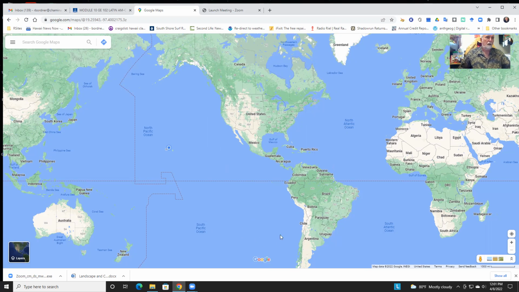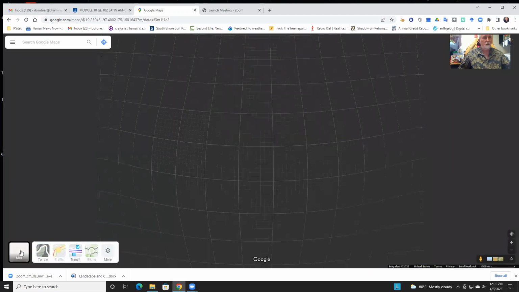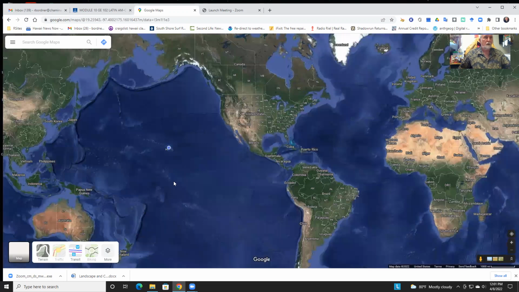So anyways, the Caribbean and Latin America. Not to segue over here, but it's easy to see countries with this one, but you don't really understand the dynamics of place as well as you do when we switch over here. So if you look at this, what you can see a little more clearly is that the Americas